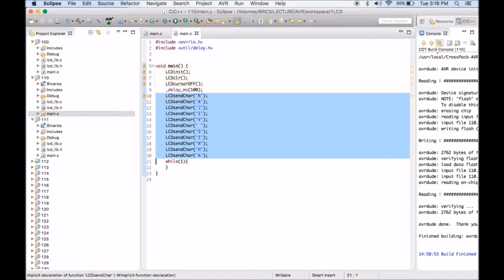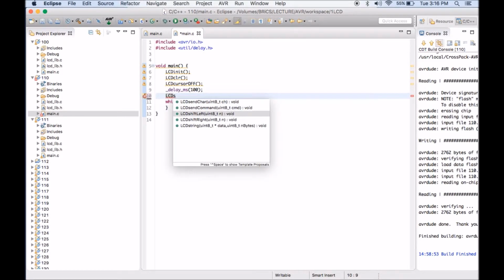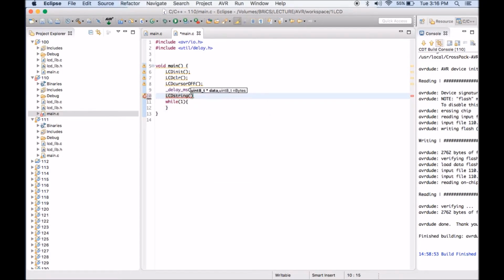So whenever we want to print some big text, we have a separate function for that, and that function is LCD string. Using this function LCD string, we can directly put some string like BRICS, and after that we need to put one more argument, and that is the size of the string. If I want to print bricks, I need to type bricks as a string and then write 5. So let's try to run this code and see if this is printing on display.